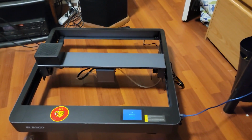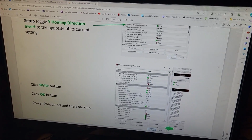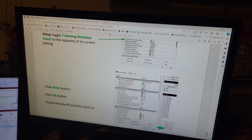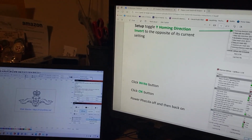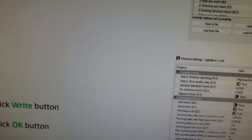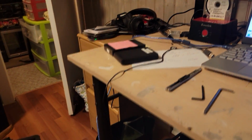Okay, well, I had to do my trial and error, but I figured it out myself, no thanks to the instructions. These manuals need to be a little bit better. I will volunteer to make some improvements if anyone who owns this manual would let me. What I found is it's not just the Y homing direction, it's actually the X and Y homing direction I had to change. There's a few settings you have to muck with in LightBurn. So if you're giving LightBurn instructions, you should give them a flavor of where it should be set to begin with. And so now, if I go home,